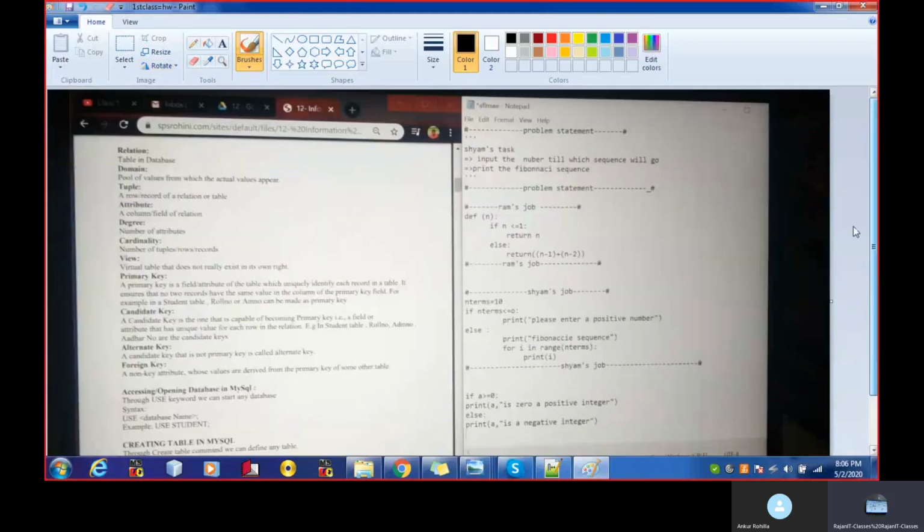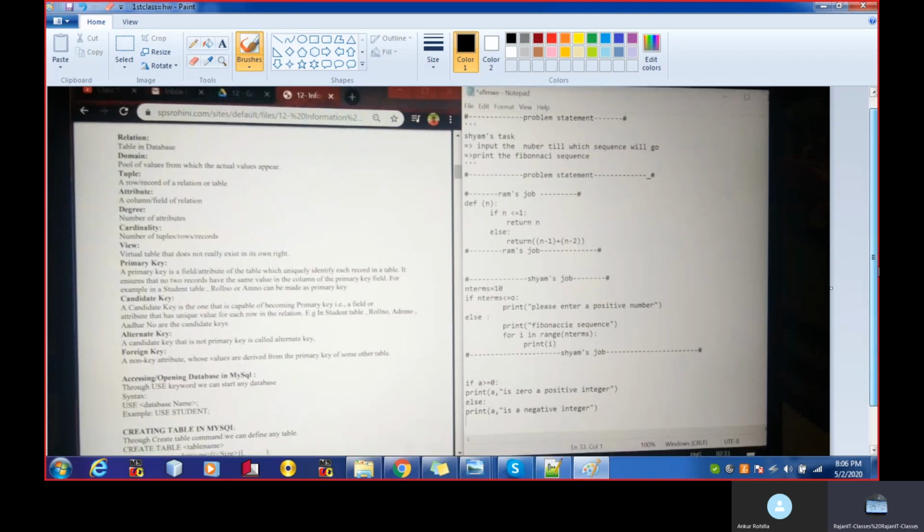Okay. Now I told you to build up the Fibonacci series, right? Just tell me this part. I'm just highlighting the part, right? This part. I know what this is. I just want to know from you, why did you use that n minus 1 plus n minus 2?